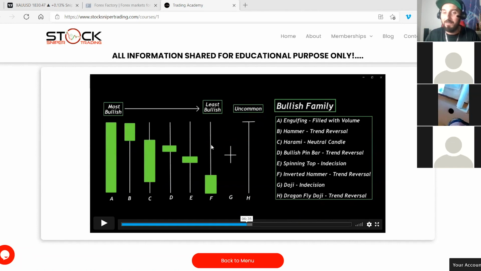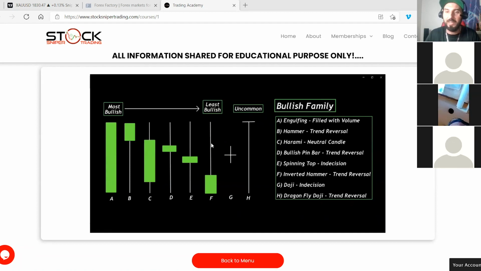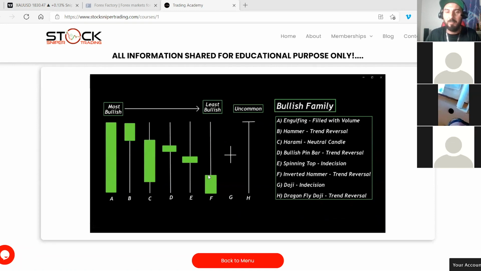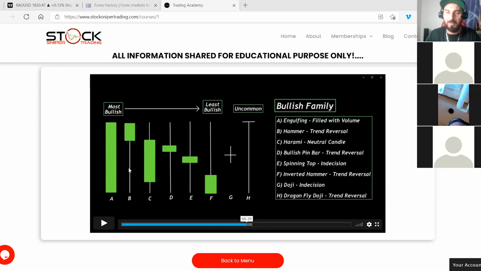This is now F, our inverted hammer. It looks exactly like a hammer, but it's upside down. That's why they call it an inverted hammer. This one is also a trend reversal candlestick, but not as strong as our hammer. What happens with this candle is it opens down here,